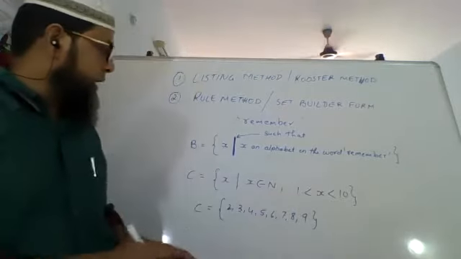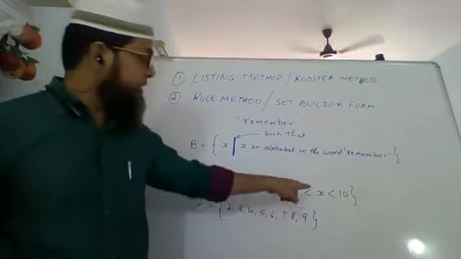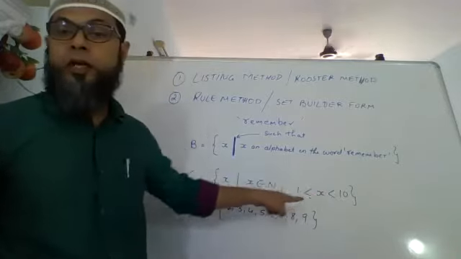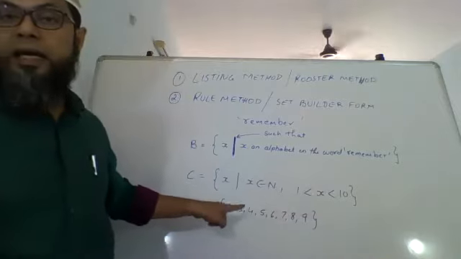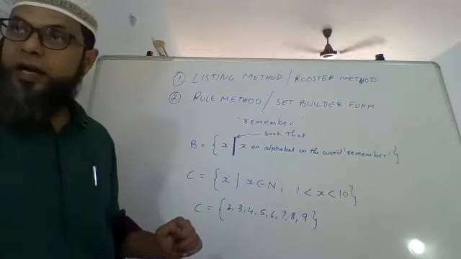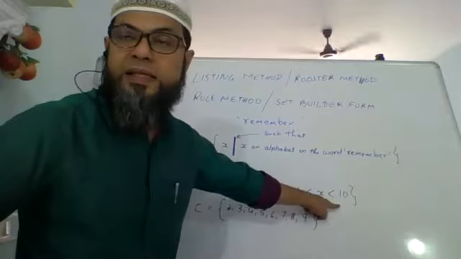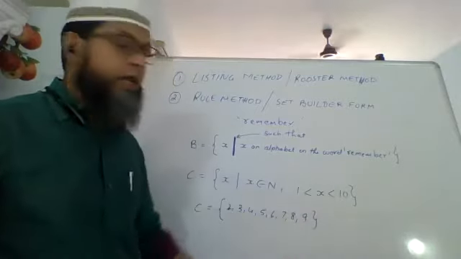Now somebody might ask, सर यहाँ 1 और 10 दिया है, आपने 2 से स्टार्ट किया है. Because X is greater than 1. It is not equal to 1. It is greater than 1. So I cannot have 1. 1 is not greater than 1. Similarly, X is less than 10, so I cannot have 10.